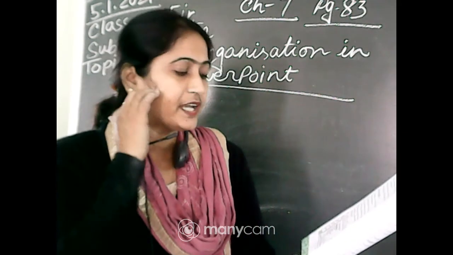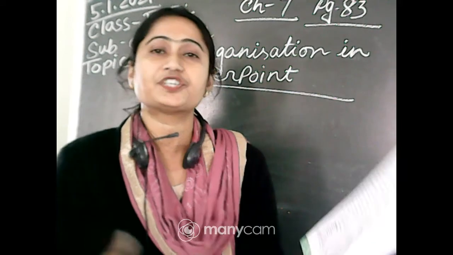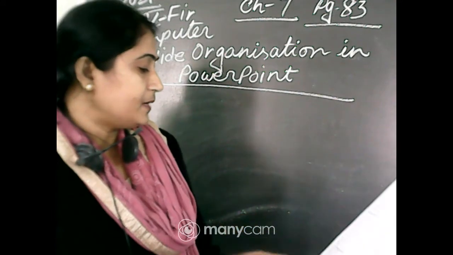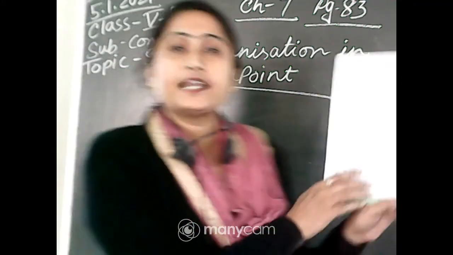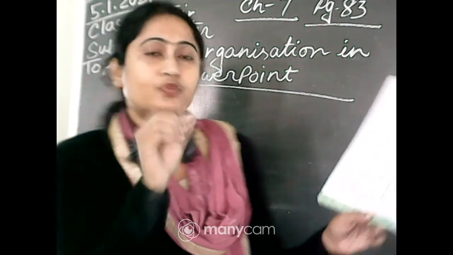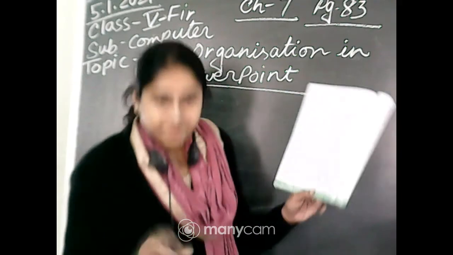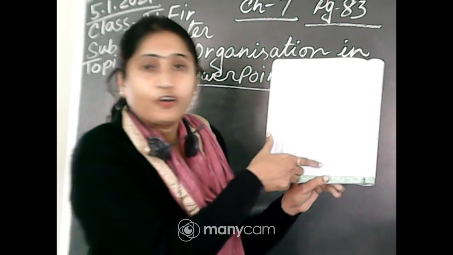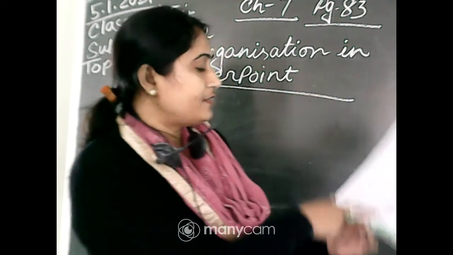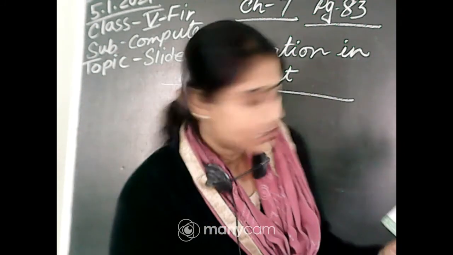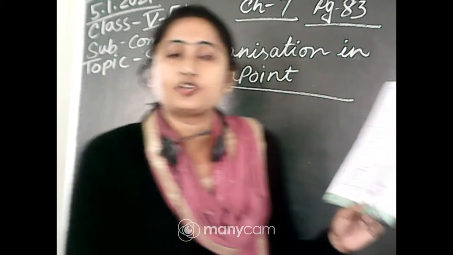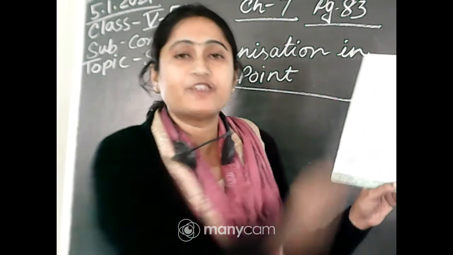Now moving objects: how to move an object from one location to another location. You can see your book, this is a slide, maybe slide number 1. In the first slide, a few sentences are given point-wise. Okay beta Ria, a few sentences are given in bulleted form, that means a listed form. The bullet means a dot, a point, a topic to be discussed. Which topics will be discussed has been written here point-wise.